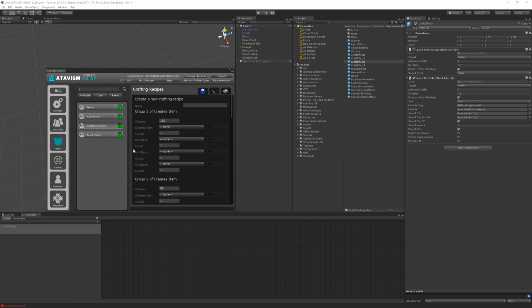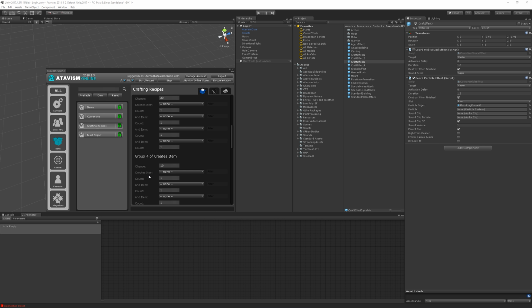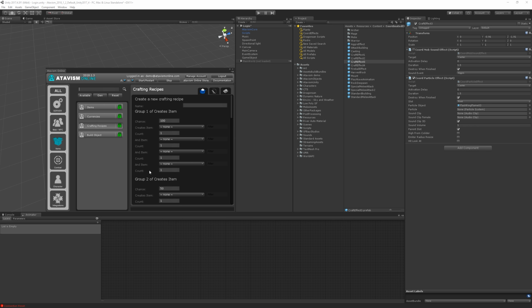So basically, crafting recipes is pretty self-explanatory. It's designed for the definition of crafting items and elements. So we can define the name of the crafting recipe, and we have some additional options here. First, we have up to 4 groups, so group 1, 2, 3 and 4, and each group can craft up to 4 items, and each group can have a different